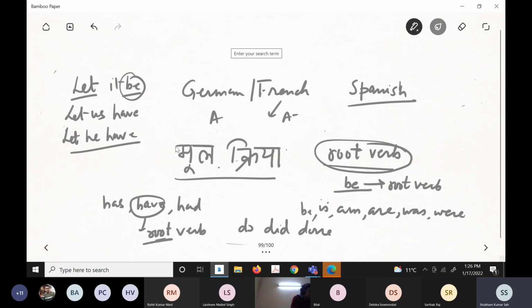So with let, it is always the root verb, which in Hindi or Sanskrit you call mool kriya. That means the original form of the verb. That may change with the person, with the tense, but that is called the root. So don't forget it. This is important. Be careful about the logic I told you, what is the difference between the two statements, and keep note of this. Okay, see you on Friday. Okay, bye.